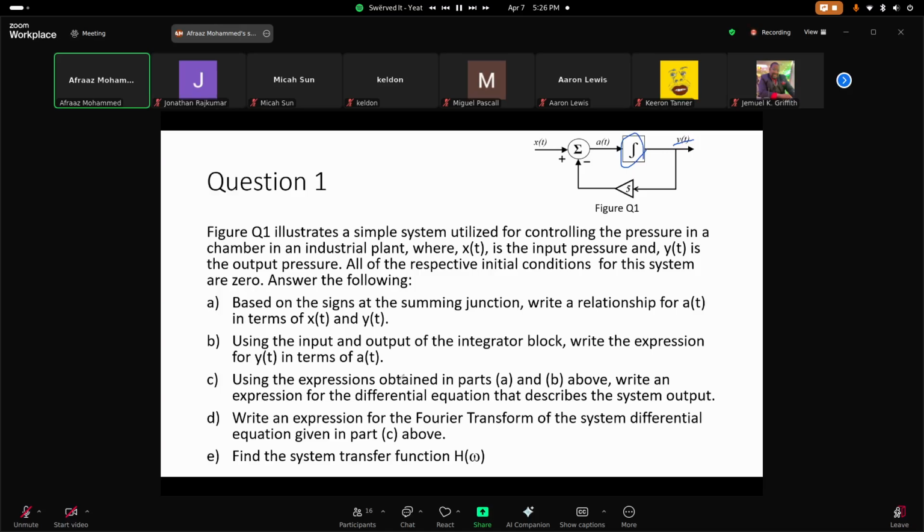After that, you will do the Fourier transform on the system differential equation, and then based on that Fourier transform output, you will find the system transfer function h of omega. Okay, and remember, the reason why we find h of omega is because of the